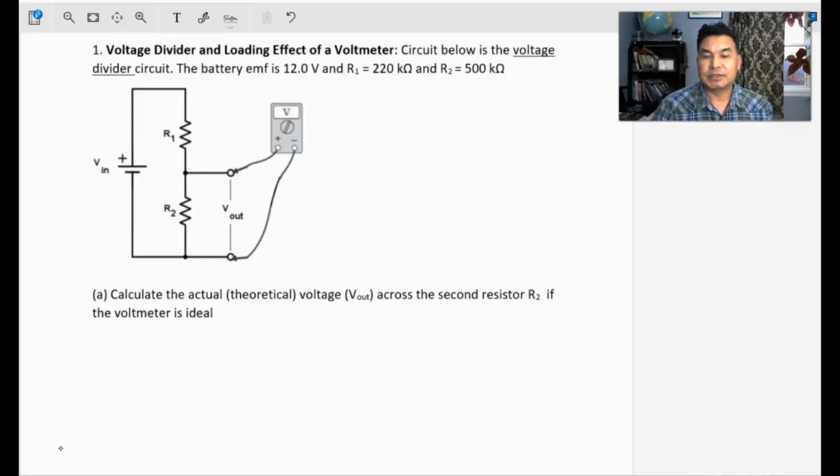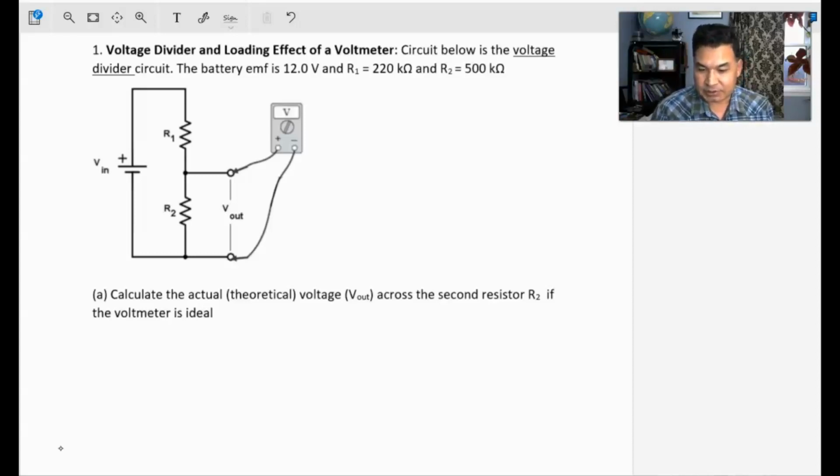So in this video, I will be solving some circuit problems using various techniques. I will just get started with some simple problems, something called a voltage divider circuit, which you often need in the lab. So a voltage divider circuit is